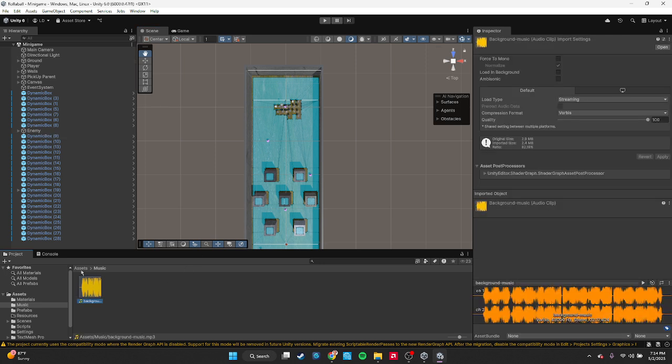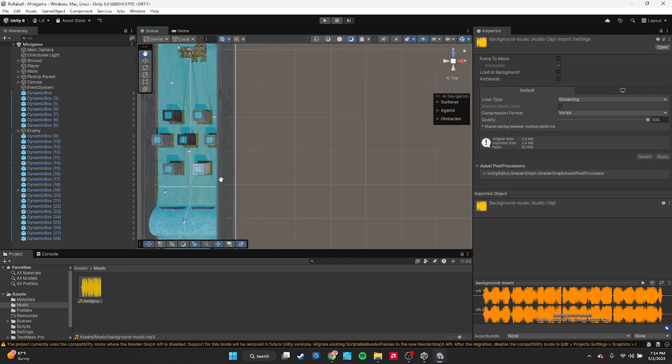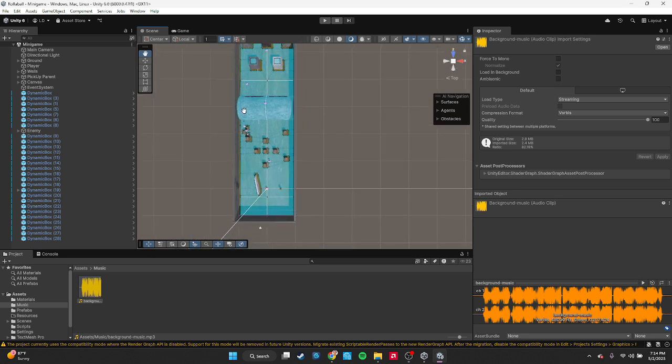So you can see I added a new assets folder with my song that I downloaded from YouTube. And then I added it somewhere in the hierarchy, trying to find it. But yeah, so it just loops endlessly while the game is playing, and I'll show you that again. But lastly,